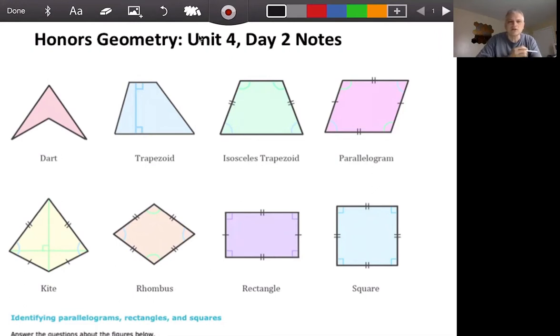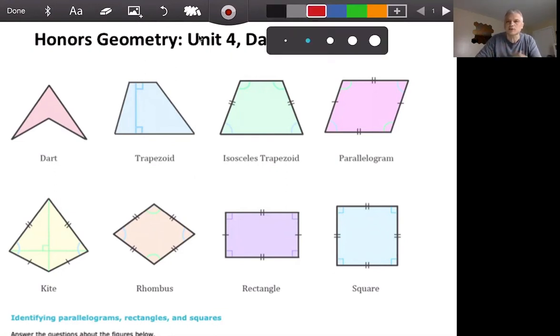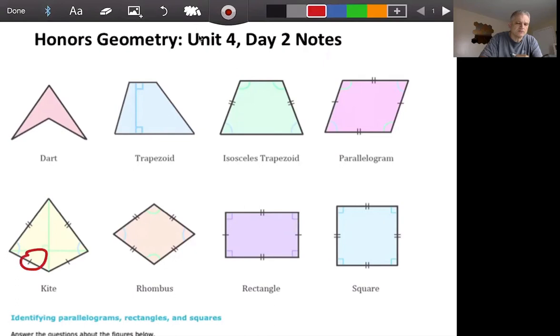Even though kites are not an uncommon quadrilateral. Many of you have flown kites when you were younger, or maybe even recently. And a kite, as you can see by the markings, has a set of consecutive sides that are congruent, and then a second set of consecutive sides that are congruent. That's the definition of the kite. Two sets of consecutive sides are congruent,